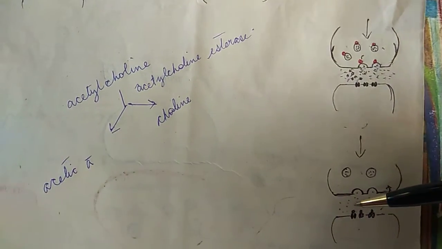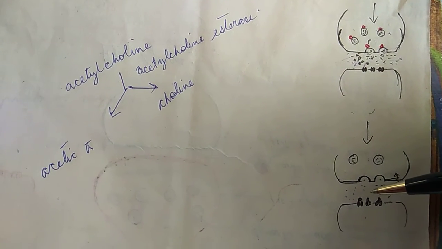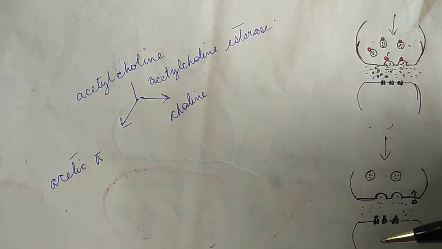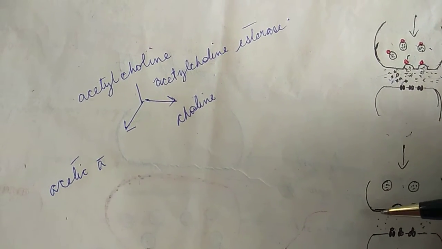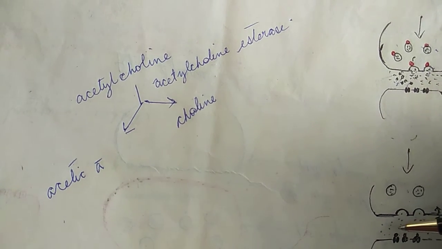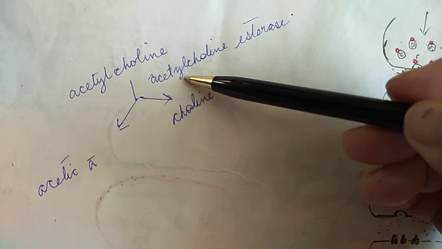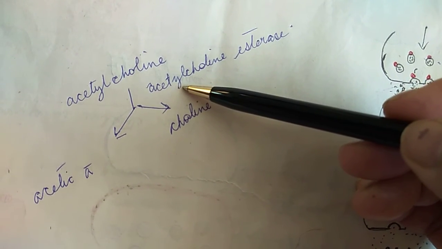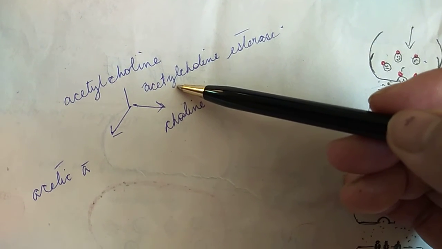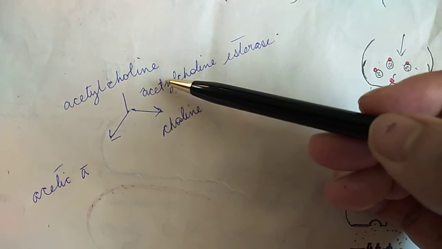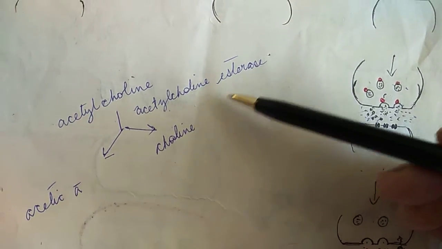Now, the acetylcholine, after helping in the transmission of nerve impulse from one neuron to another neuron, is released back to the synaptic cleft, where it is hydrolyzed by an enzyme known as acetylcholine esterase, present in the postsynaptic membrane as well as the synaptic cleft in high concentration. This enzyme splits acetylcholine into acetic acid and choline, which are reabsorbed